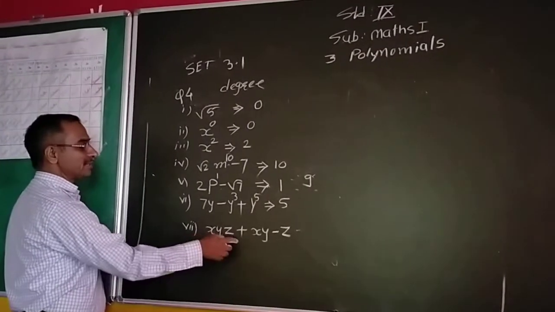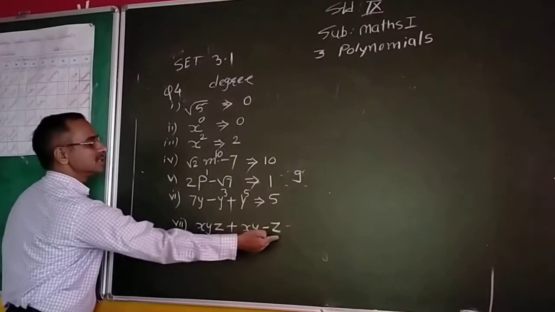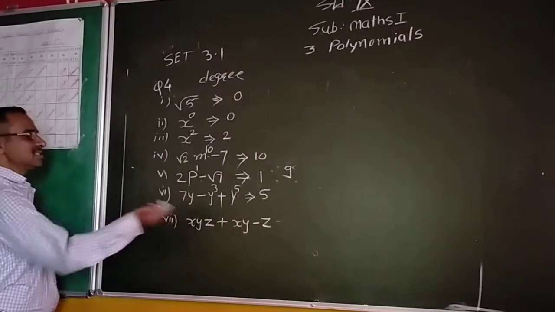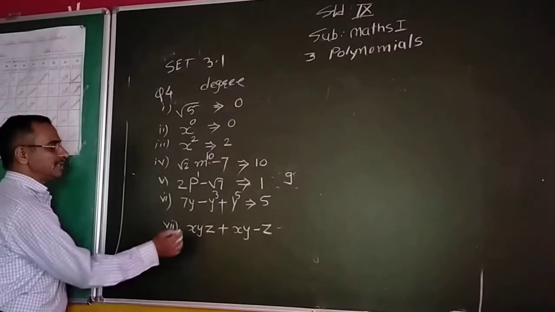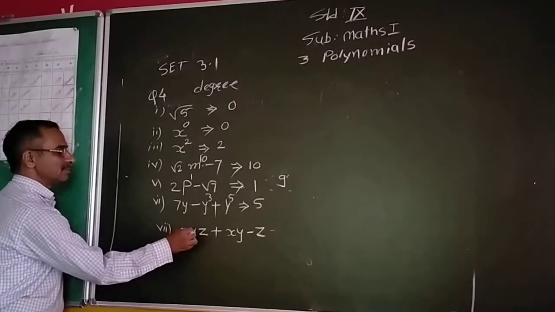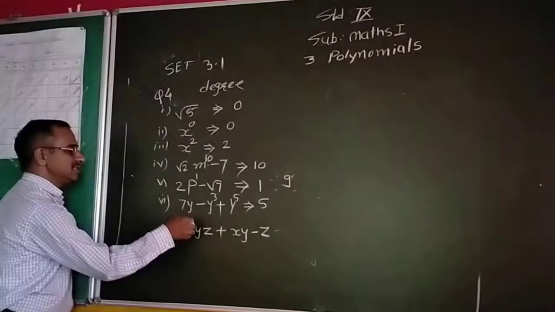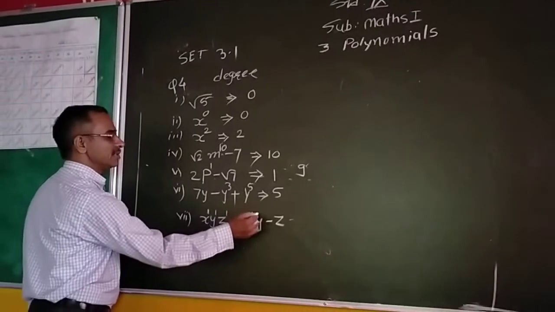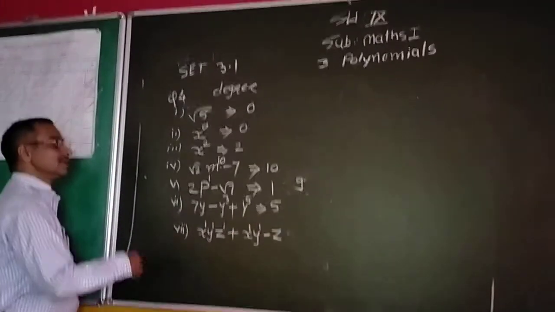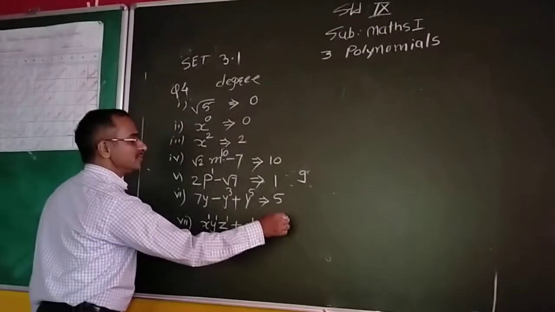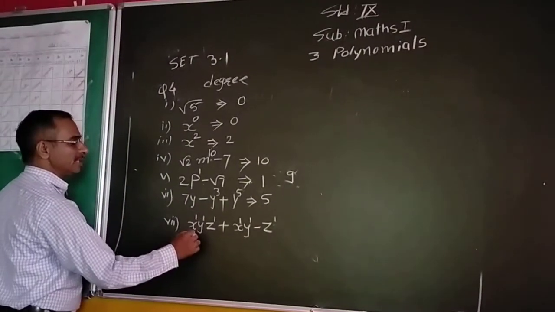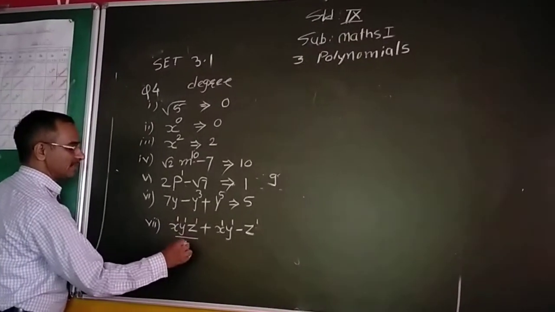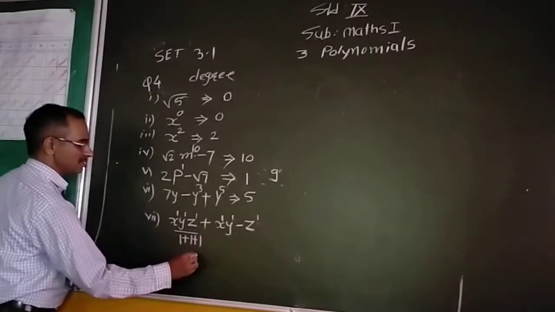Here there are 3 variables x, y, z. Here is a 2. There is only 1. If this condition occurs, then what will we do? What is the highest power? To find it out, first find their powers. Here there is no power, which means 1. Here y also has a power 1, z is also 1, x is also 1, y is also. When there are 2 or more variables, then what will we do here? We will add the powers of the given variables. 1 plus 1 plus 1. What is the sum? 3.